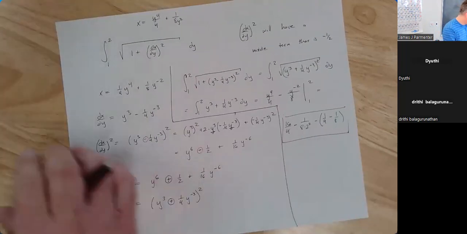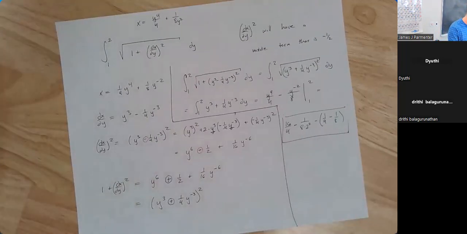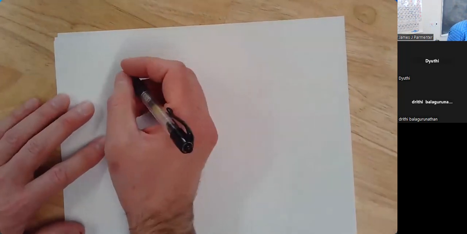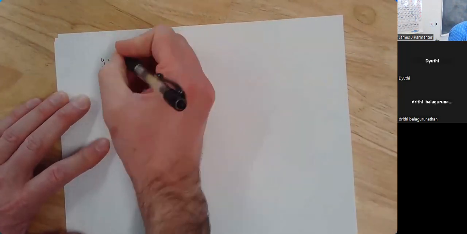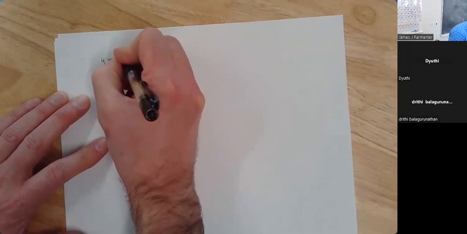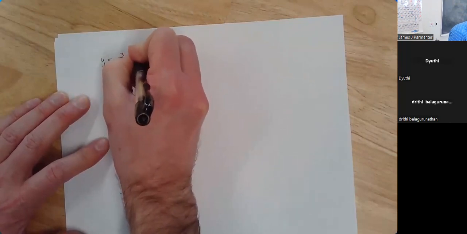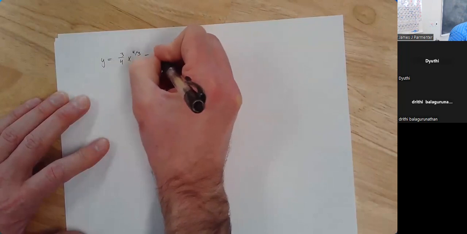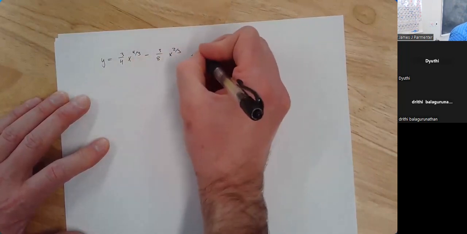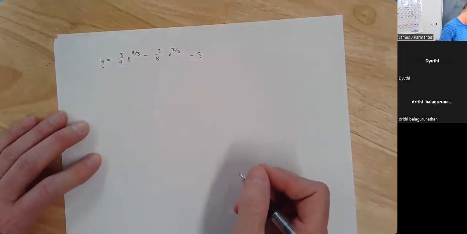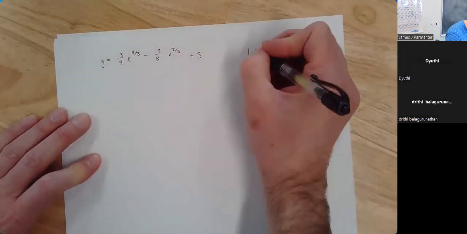So let me just show you one other kind of example. I'll give you one more example but we're not going to do it. I would encourage you on your own to say, let's say our function is y equals 3/4 x to the 4/3 minus 3/8 x to the 2/3 plus 5. Plus 5? Sure, why not? Where x goes from